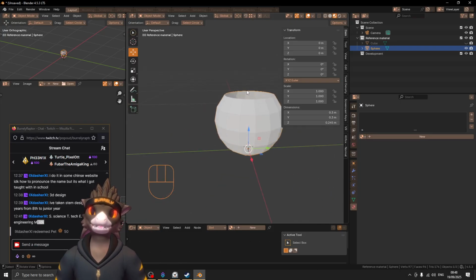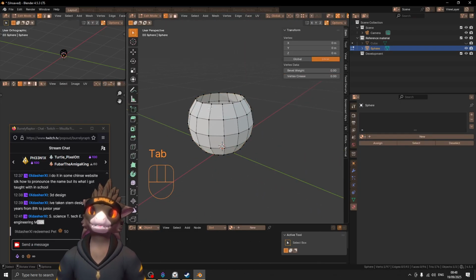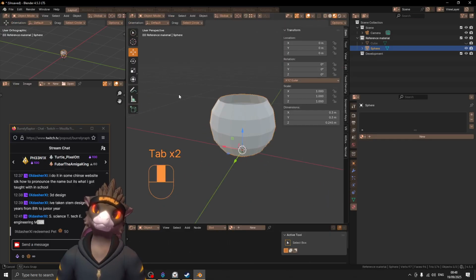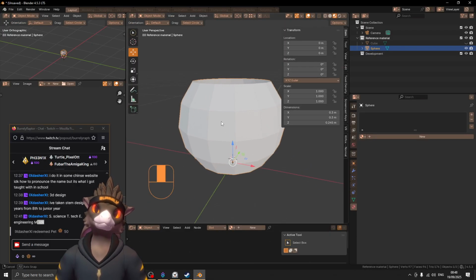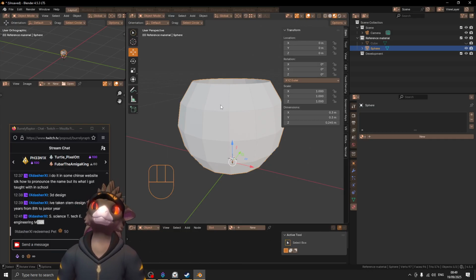So, looks very white, right? And also looks very blocky. You don't want a blocky fishbowl. I know if you start out with Blender, you're probably wondering like, oh, how do I make this